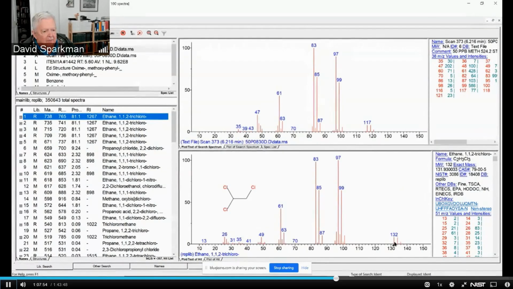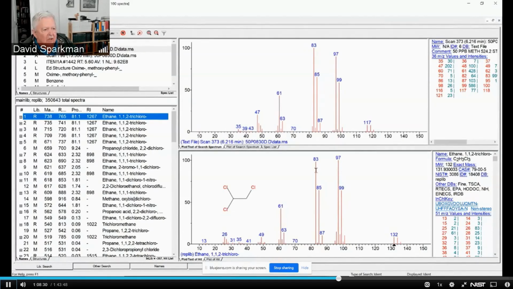The library spectrum has a cluster of peaks at 132, 134, 136, which is missing in the sample spectrum. The sample spectrum has a cluster of 3 peaks representing 3 atoms of chlorine that is not in the library spectrum. The library spectrum has a base peak